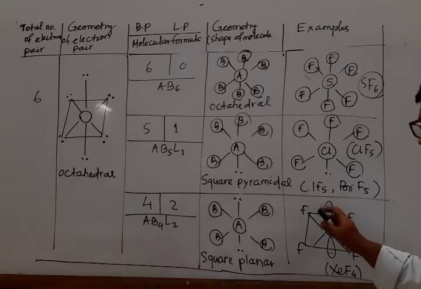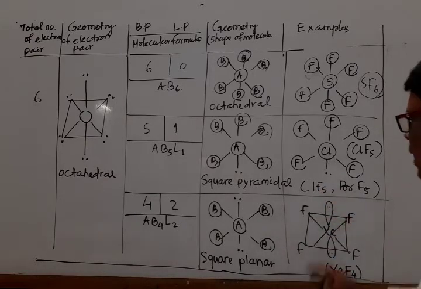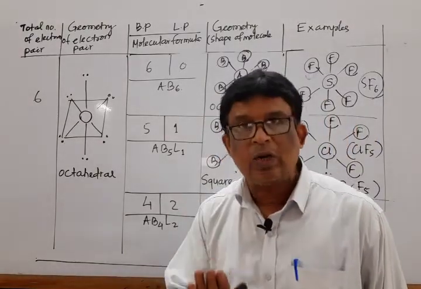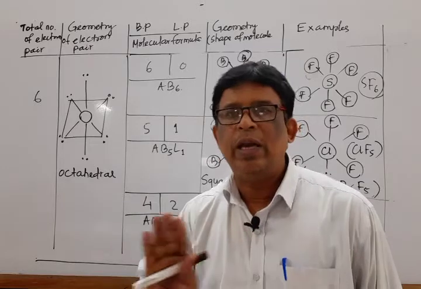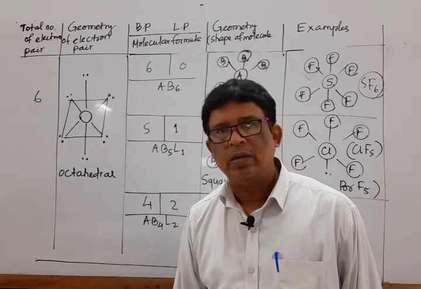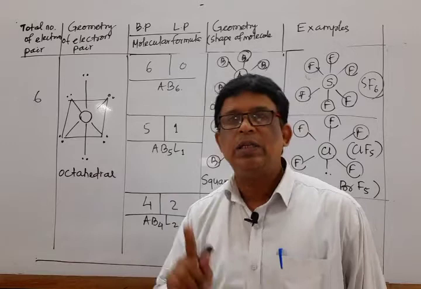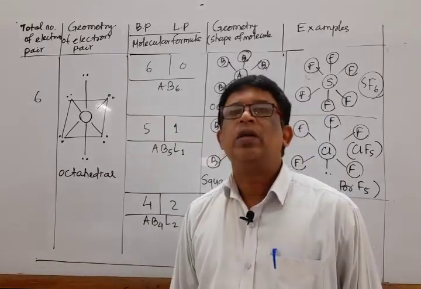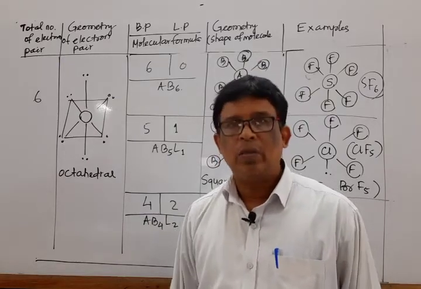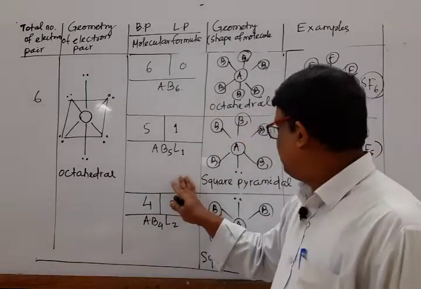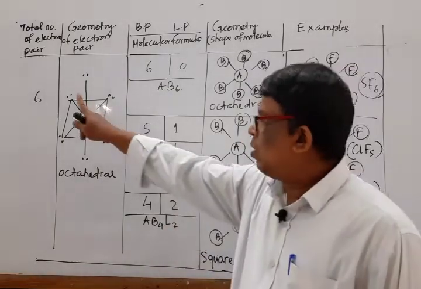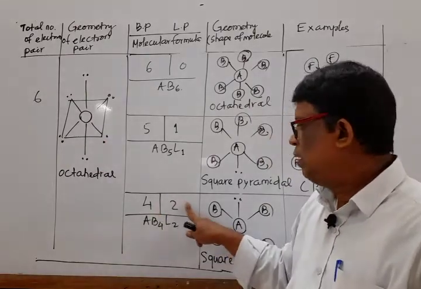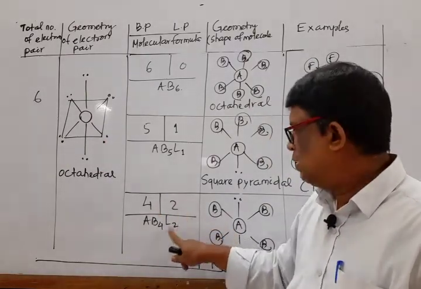Similar other examples are IF5, BrF5. I repeat again, if all electron pairs are bond pairs, then there is no deviation in their normal geometry. On the other hand, if a different atom is there and there is the presence of a lone pair along with bond pairs, then the geometry is disturbed from the normal behavior. Next, move to case 3. Among the 6 electron pairs, if 4 are bond pairs and 2 are lone pairs, then it is represented by the formula